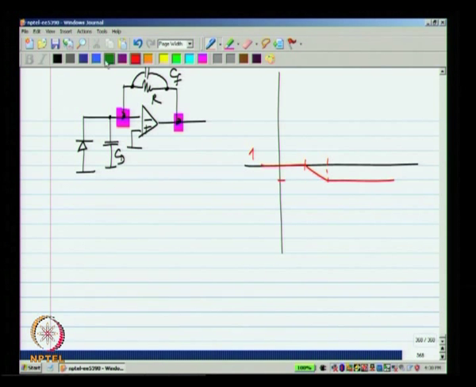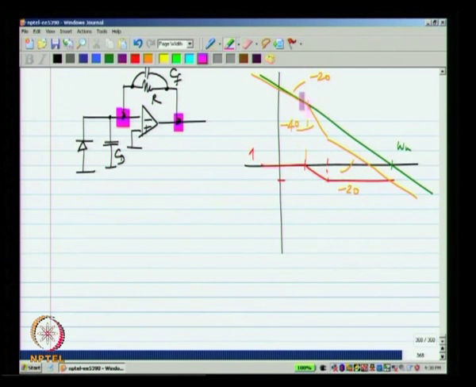So, now if you multiply this with, let us say, an op amp which has a unity gain frequency somewhere over here, the overall loop gain will look something like that. It will have a minus 20 dB per decade slope here and minus 40, and it comes back to minus 20. Okay. So, the slope changes twice, and when it crosses the unity loop gain frequency, the slope is minus 20 dB per decade. So, it is possible to have the circuit to be stable even with a very high value of